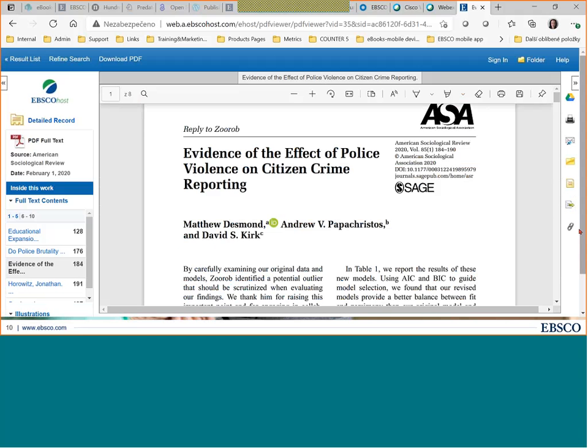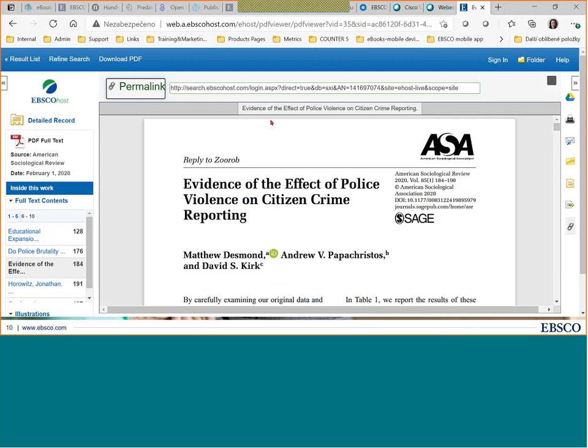And the last icon here is permalink. As you see, a new window appeared. This is the permanent link to the article. So I know some, for example,